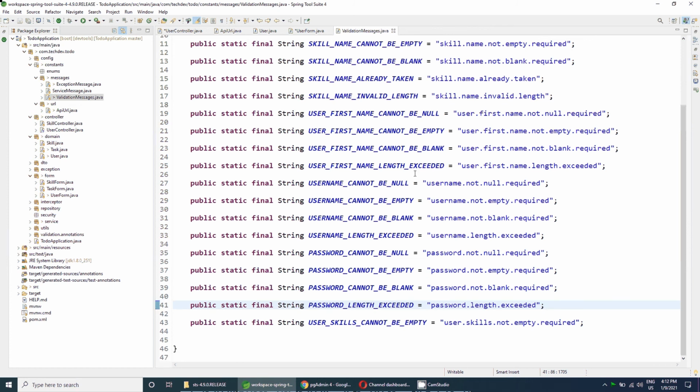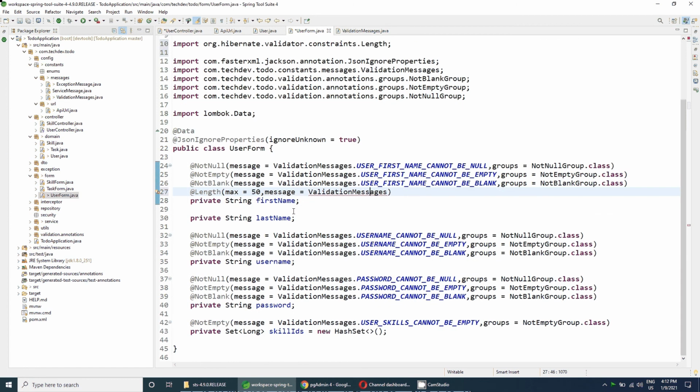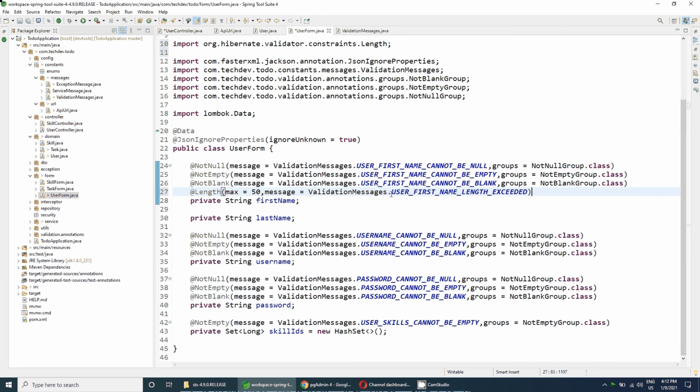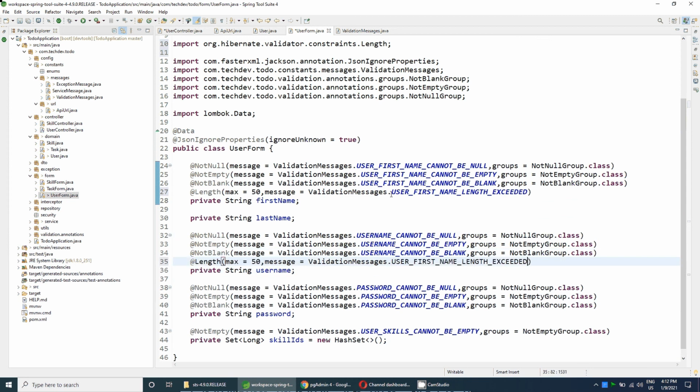So we have created the validation part for this also. Let's add it here, that the validation message should be validation message dot user first name length exceeded, and same thing will be added for the username and the password.